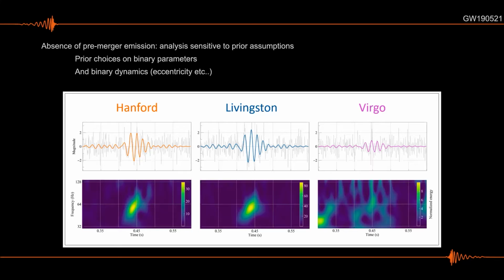our detectors. And option 2 is that maybe there is no in-spiral here. This could just be smashing of two objects without an in-spiral process, and therefore you're left with this. Just to show you how this looks in terms of time frequency, you can see that I don't have the initial part of this supposed chirp that I should be observing here. So again, all of my inference about what happened here is basically going to be driven by condition 1: whatever happened needs to produce this black hole. Condition 2, I let my prior assumptions choose.